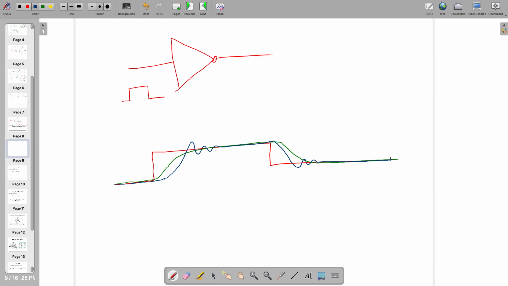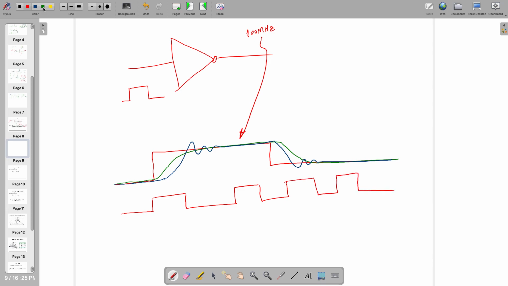But if you do something else, like if I am working at 100 megahertz, the clock which I have used right now is 100 megahertz. But if I am using the same thing for 1 nanosecond, so just assume that this is 1 nanosecond, and the output will look like